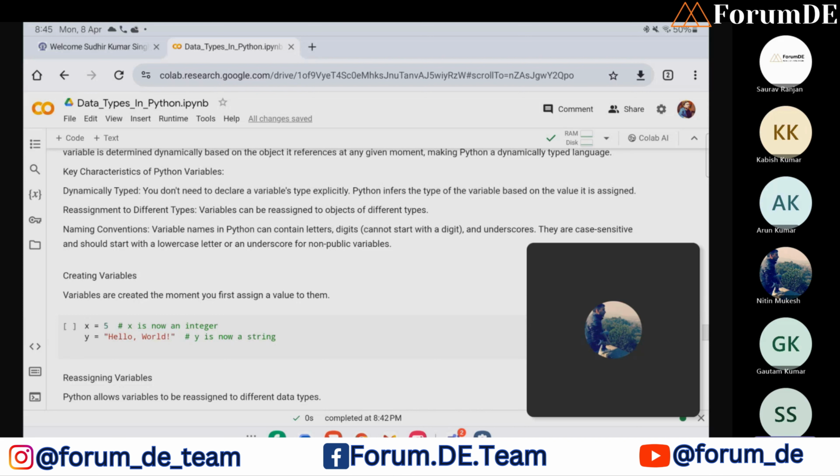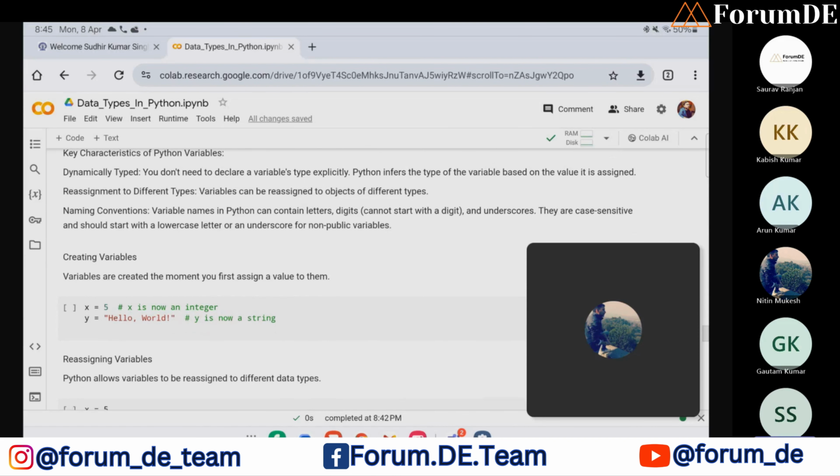And there are certain naming conventions in Python which need to be followed for a variable. So variables cannot be named by any name. There are certain rules: a variable name in Python can contain letters, digits and underscores, but it cannot start with a digit. However, an underscore can come in between. I'll be showing some examples. Names are case sensitive, and it should also not be a keyword of Python. There are certain keywords of Python like def, for, while, etc. We should not name our variable with these keywords.